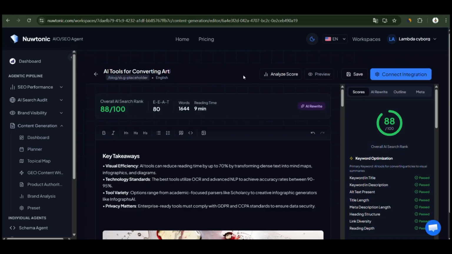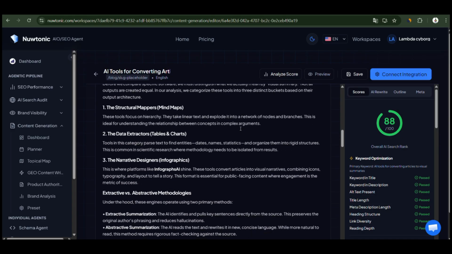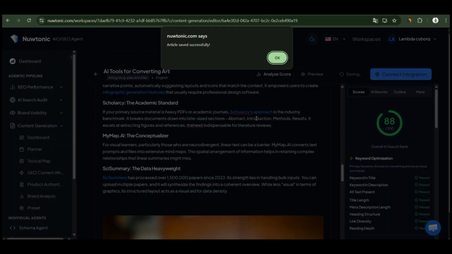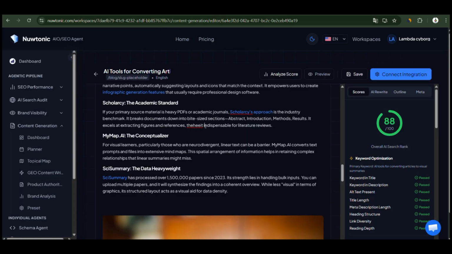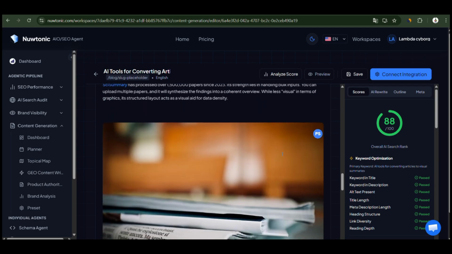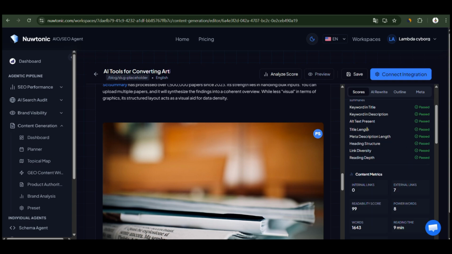Now from here you can also come from your planner and then you can click on this article and edit. There is an editor which you can use to edit your article. Right? You can save it, right? And yeah, you can simply perform different operations on this editor that you have. Again, you can go to preview, right? There are different technical data that you will see right here,